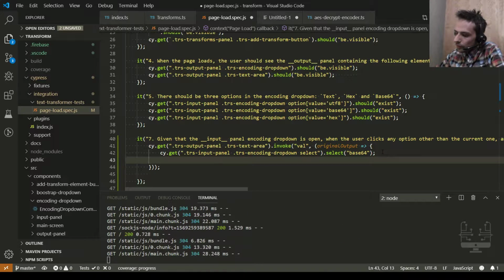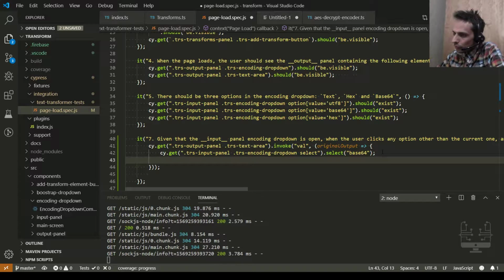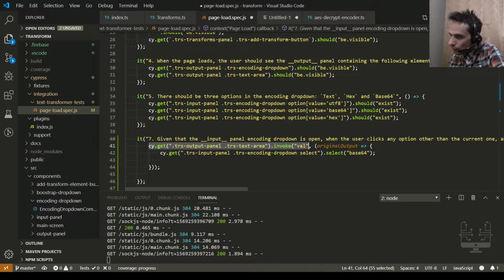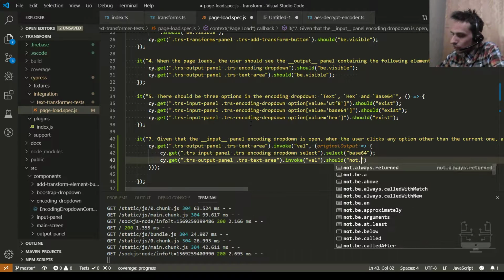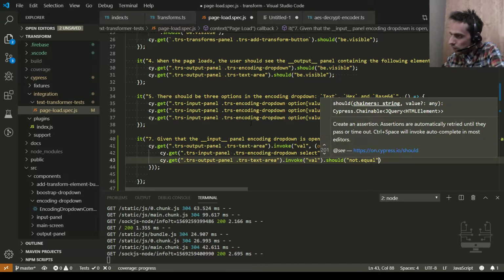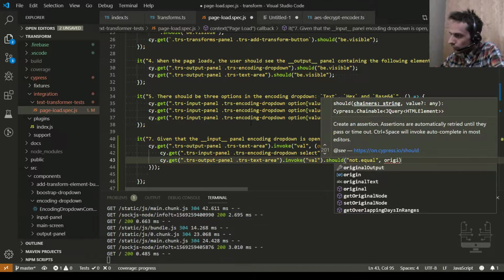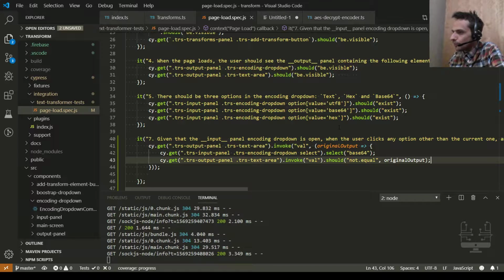And now let's make sure that now output is not the same as original output. Should not equal original output.